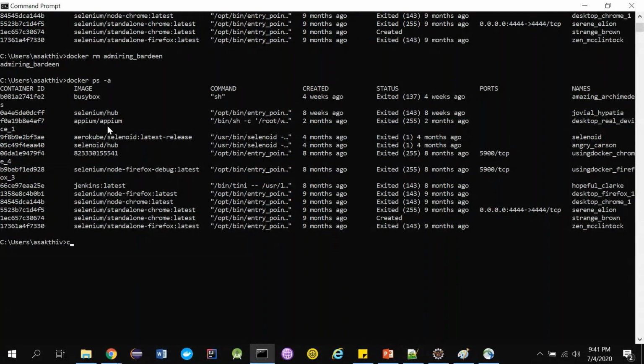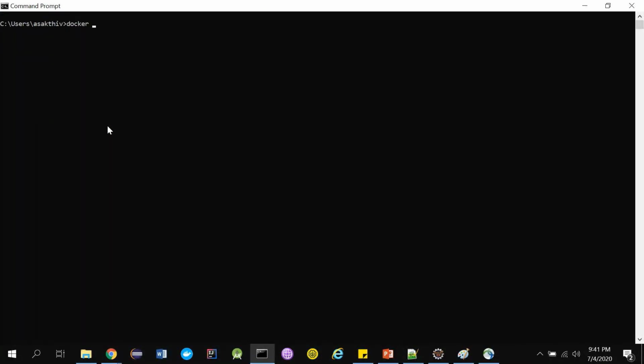I'm doing a clear screen now. Now we'll get back to the busybox thing that we were doing. So docker run hyphen ti. This is a new parameter that we are passing now. Hyphen t means we are attaching our output, since the container has a command prompt, guys. And i means the input, whatever input we want to give it using commands. So we are attaching both the input and the output, right? And then I am creating a container for busybox.